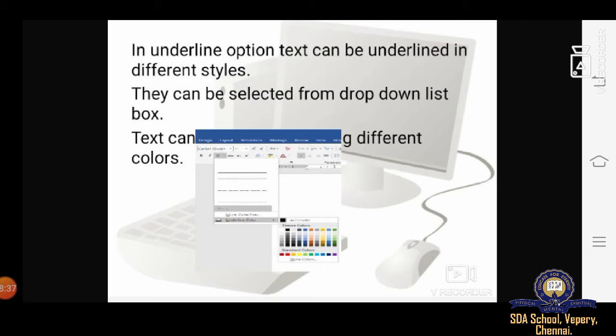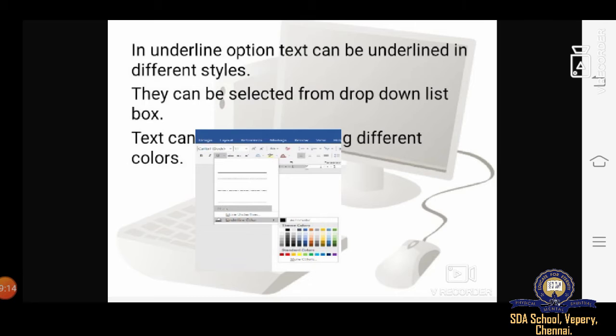The text can be made colorful by choosing the font color button included in the font group of the home tab. To change the color of the text, first highlight the text and then select the color from the font color drop down list. Students, once you type your text in the document, and everything is clear, first you want to give a color to any topics or pictures. First you need to select them.